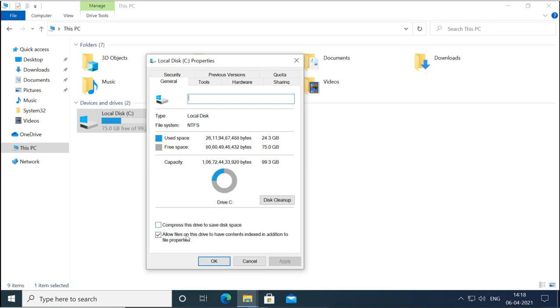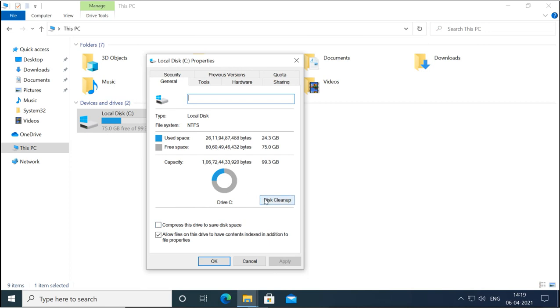Then also you can encrypt it. Now the encryption option is not available here. It was available here before, but now it is not available in Windows 10. For encryption, we have a different option. We have BitLocker now. So in previous versions of Windows, you will see the encryption option available here. You can tick that to do the encryption, but right now it is not available.